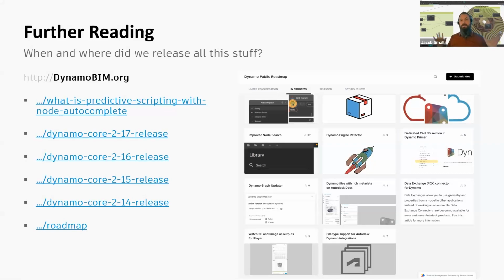Now, I know you might not all be able to copy paste or type them up on the fly, so feel free to grab a screenshot. We'll see if we can get them pasted into the chat. But effectively, it's going to be dynamobim.org/ whatever it is that we've written out there. So what is predictive scripting with node autocomplete, dashes instead of spaces, or Dynamo Core 2.17 release, or 2.16 release, 2.15, so on and so forth. As well as I wanted to put a particular shout out to